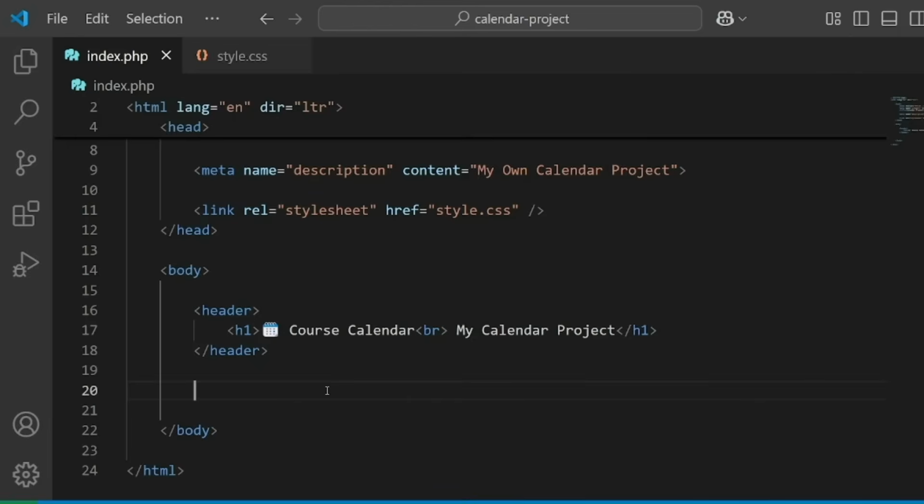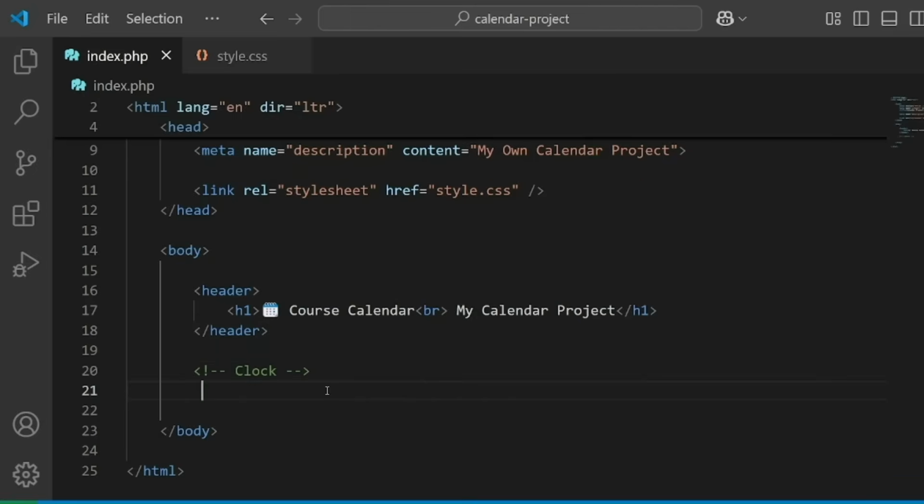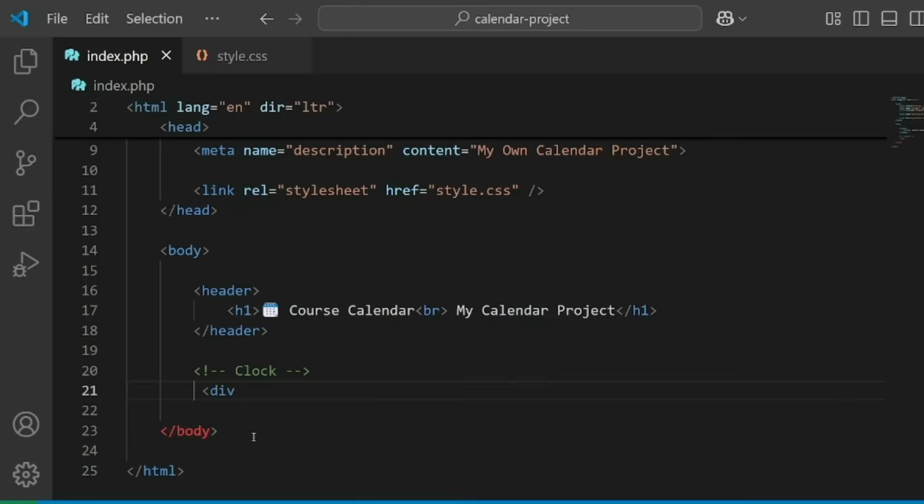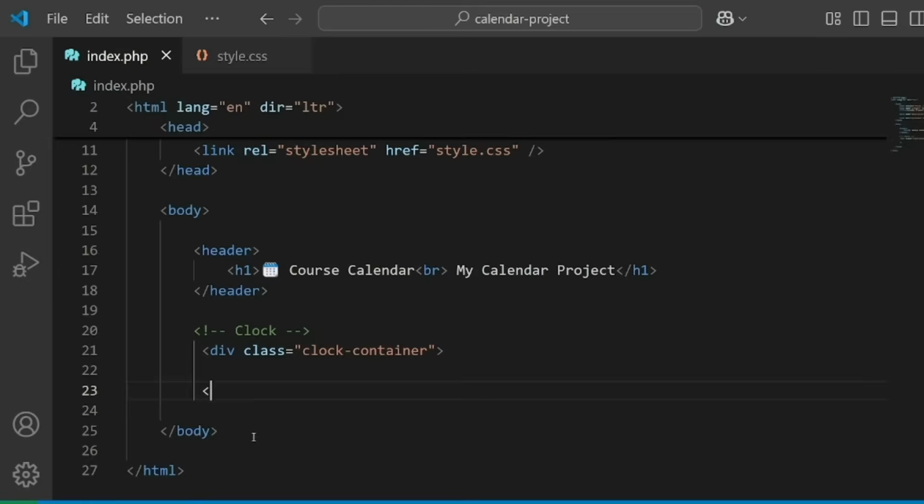So we want a clock. So let's write a comment in here, clock. Let's create a div element. So div is short for division. Div class equals clock container, clock-container. And then inside this div element,